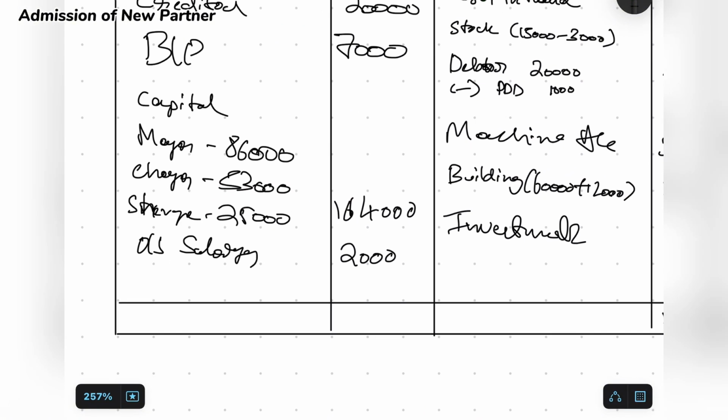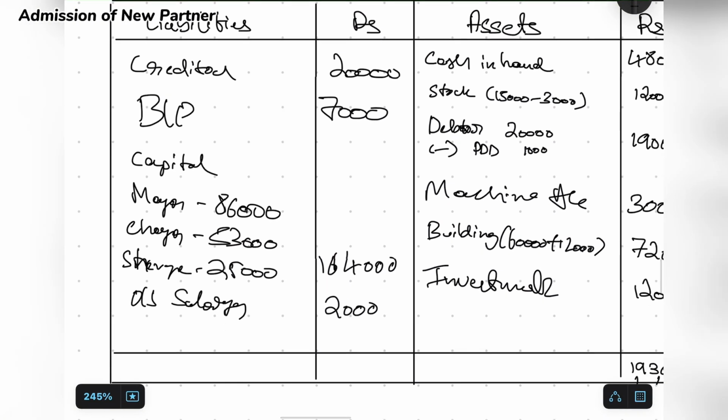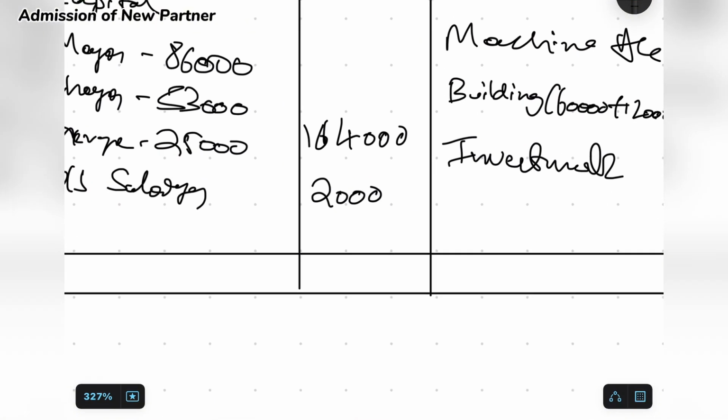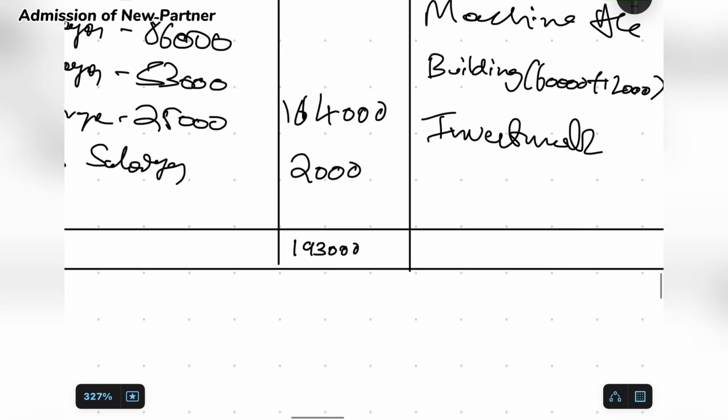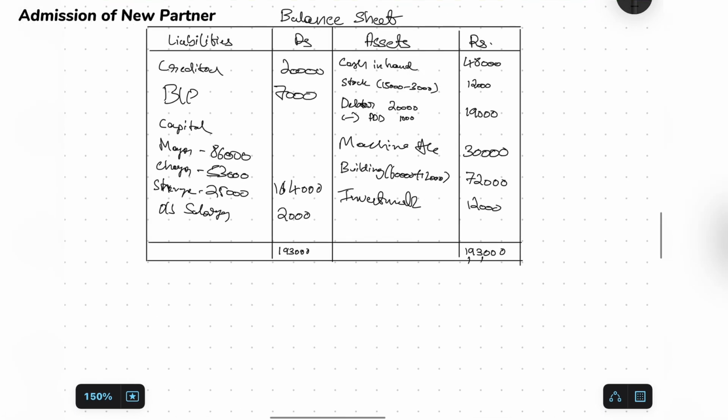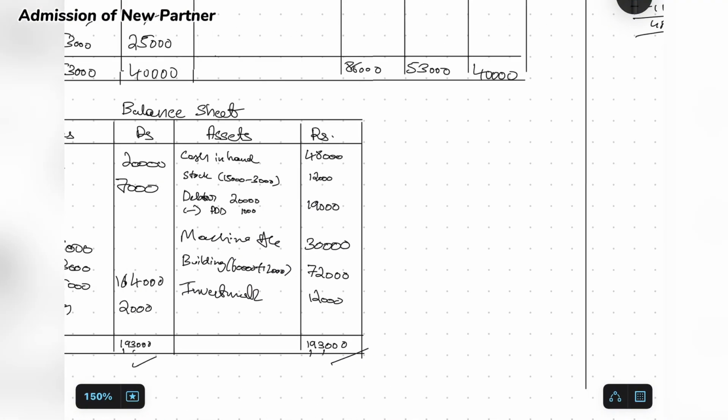1,93,000. Next, I'll come to the liability side: 20,000 we have creditors, 7,000 we have bills payable, 1,64,000 we have capital balances, and 2,000 we have outstanding salary. Again it makes a total of 1,93,000. So here I can tell the balance sheet is easily tallied. This sum carries